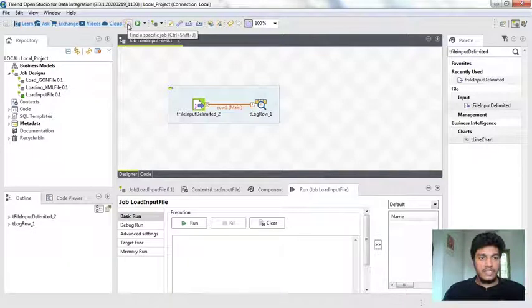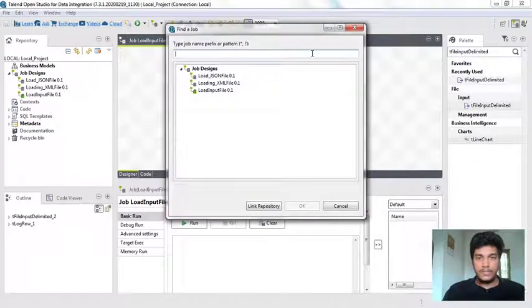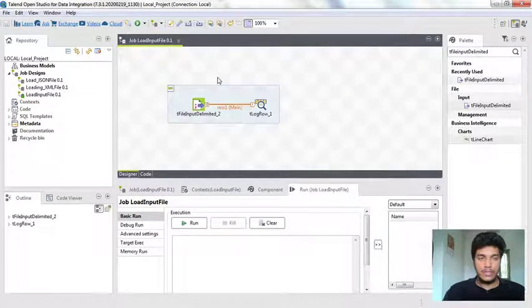If you want to find a specific job among 100 jobs, you can directly enter the particular job name here, and it will find the job you want. So this is how the entire Talend Open Studio user interface is laid out.